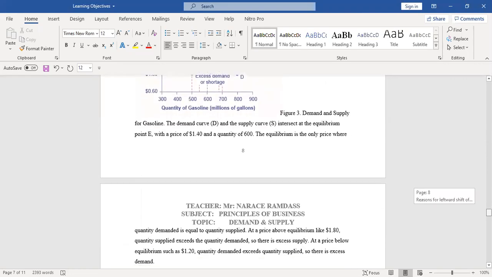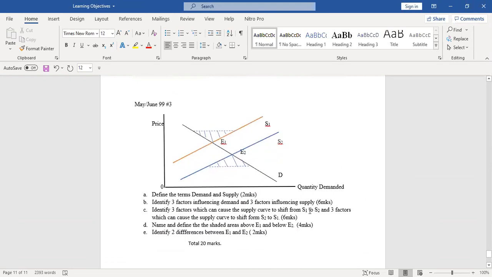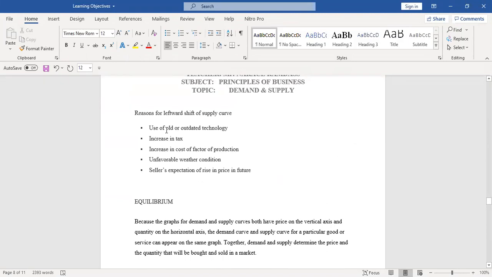Right? Let's go back to another part of the question. There's another part of this question, and that is asking you for three factors that can cause the supply curve to shift from, so you're starting from S2 and you're moving to S1. That's an inward shift or a leftward shift of your supply curve. All right? What will cause that leftward shift in your supply curve? The use of outdated technology, increase in taxes, increase in the cost of a factor of production, unfavorable weather conditions,